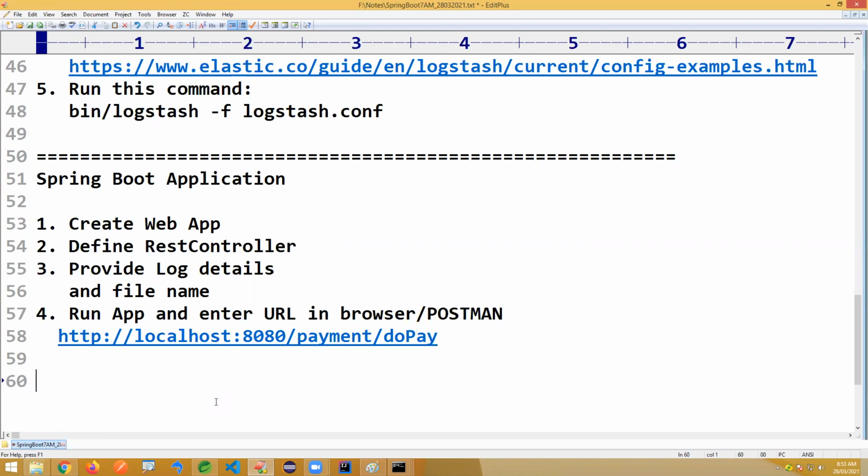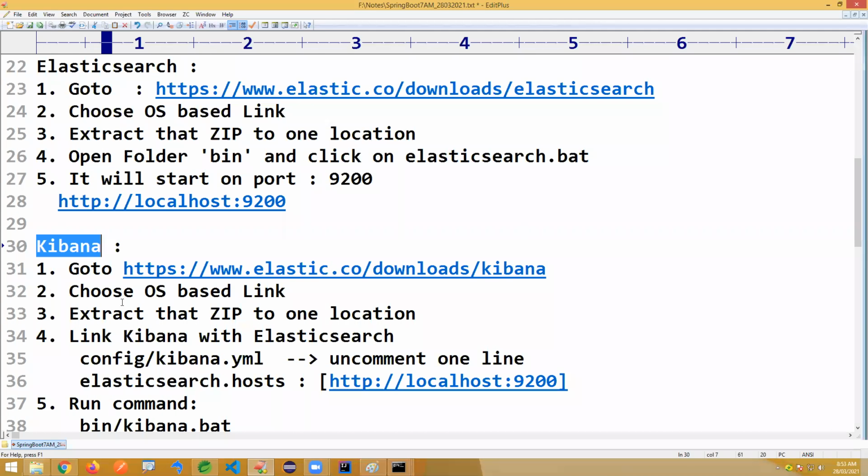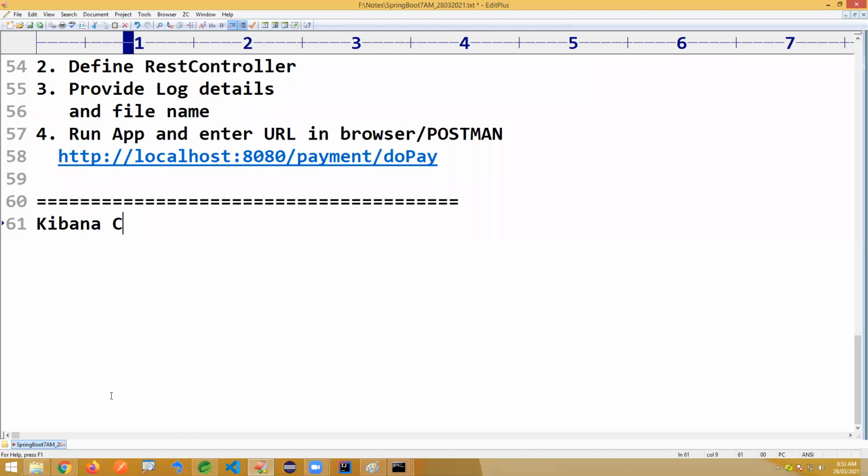Now we have to do the setup, that's a configuration we have to do in Kibana software, in the Kibana UI. It's a one-time configuration. We have to create a search pattern. Some additional steps we have to do. Step number 1: first go to the Kibana UI.